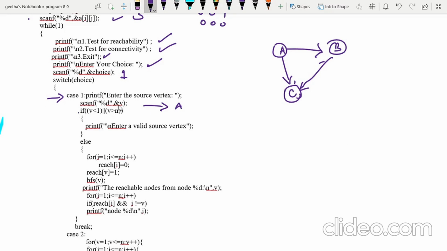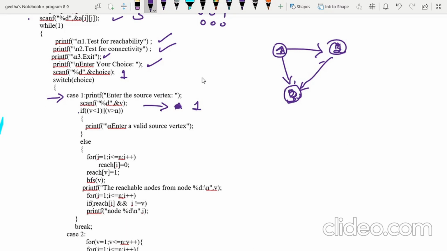Remember, the vertex I am going to give here is a number, not an alphabet. So here I am going to number it, that's why I will enter it as 1. I want the reachable nodes from 1.